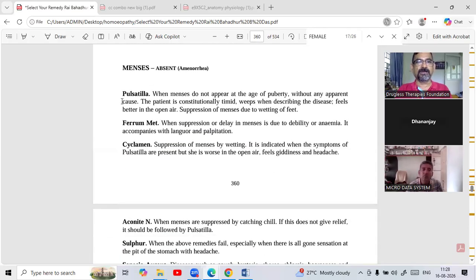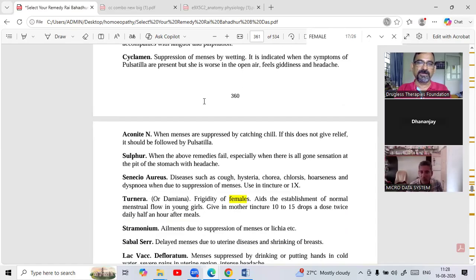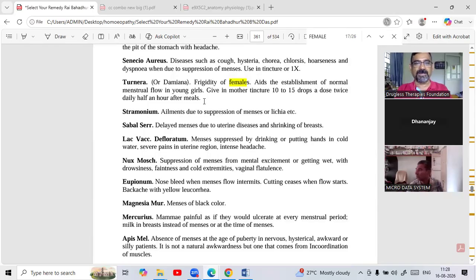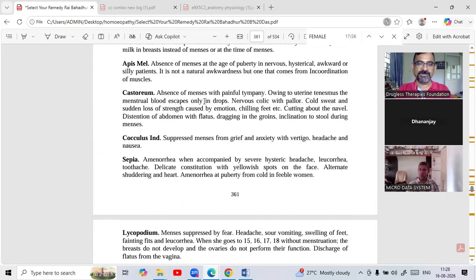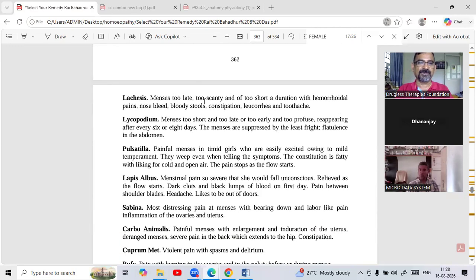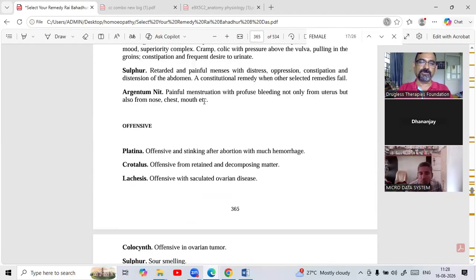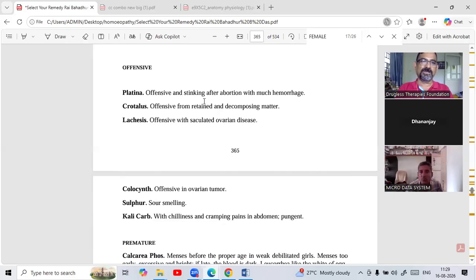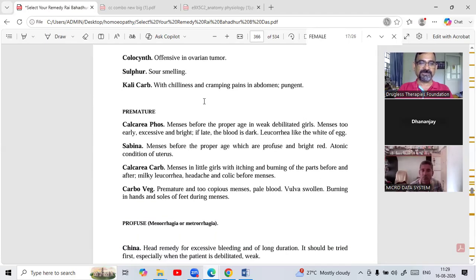Yeah, it is a common thing which is already there in our menses irregular combination. You can go through, and if you try to find the single remedy, that's fantastic. Go to the materia medica and find out, and if nothing is mentioned, you can give the 30 potency. Please make a habit of going through the Select Your Remedy, that will make you the best homeopath and also the best healer, and it will make you best